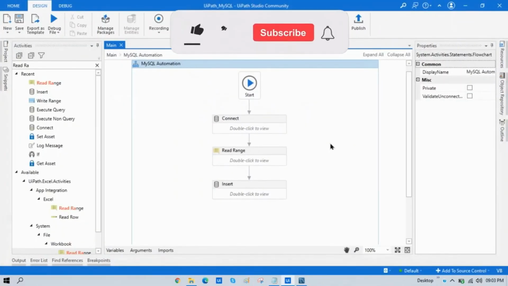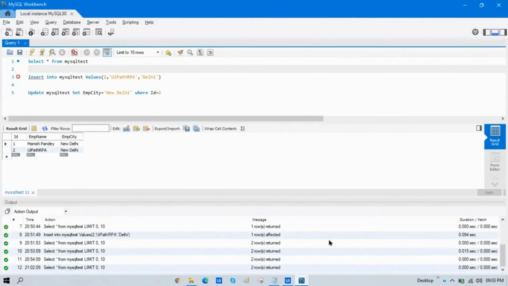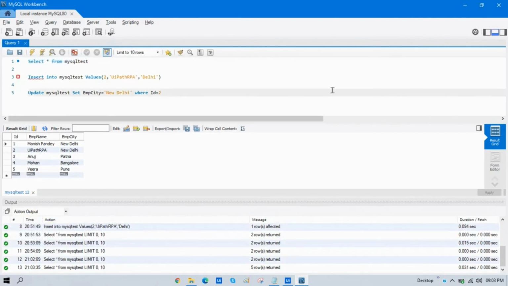Okay, so you can see here I just added headers in that Excel file and we are not getting any error here. So you can just go and run this one, execute this query, and you can see all this data inserted into that. Now we have third, fourth and fifth records available here. So by this way we can insert data from data table to SQL table.